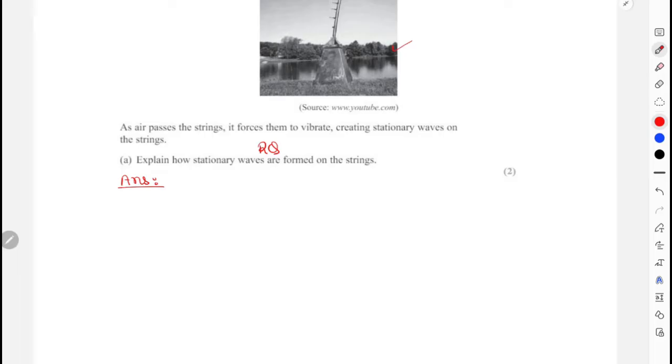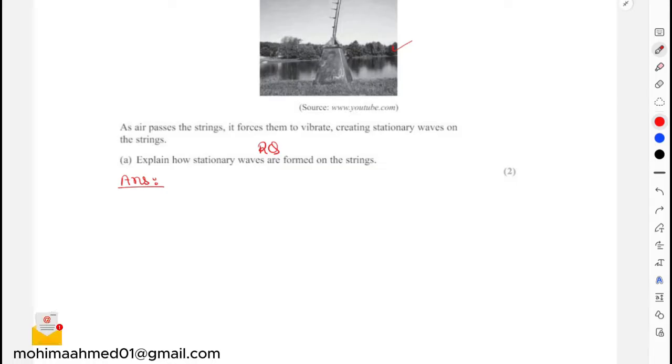for standing waves to be created, you have to think of it this way: one wave will pass out, and the reflection of the previous wave will also pass through the same string, right? So 2 waves traveling in opposite directions are going to either superpose or interfere. If they interfere constructively, you hear loud sounds. If they interfere destructively, you hear low sounds. But not that much detail is involved over here, because it is only giving you 2 marks. So only referring that 2 waves are traveling in opposite directions and causing interference to occur, right? That is the only information that you need to describe for this kind of very